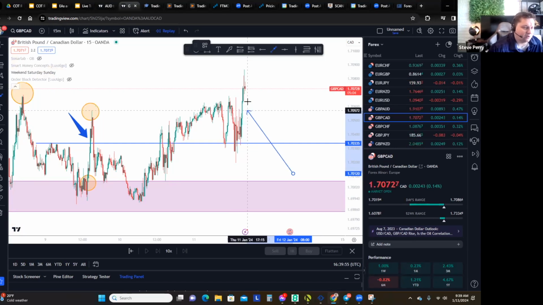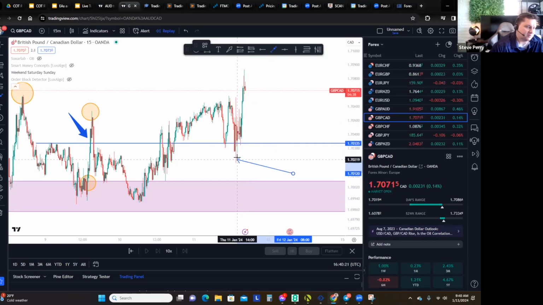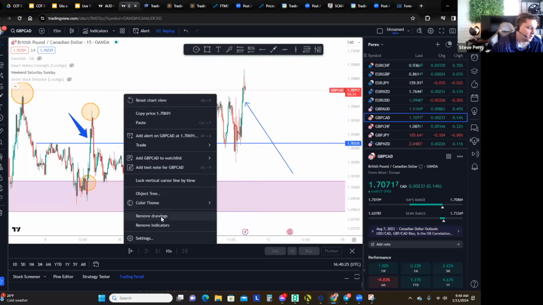So pound Aussie, pound yen, those guys have been just ripping to the upside. This guy has not, right? So pound cat has not, which kind of means maybe this is struggling to follow suit, which means that when things start to pull back, this guy's probably more likely to experience a pullback that's a little bit more significant, right? So I'd be cautious about buying this one, actually, because it just hasn't followed its brothers very, very